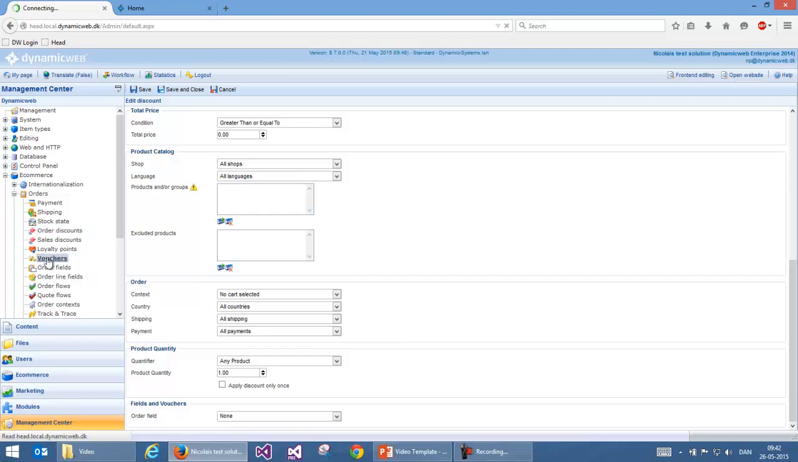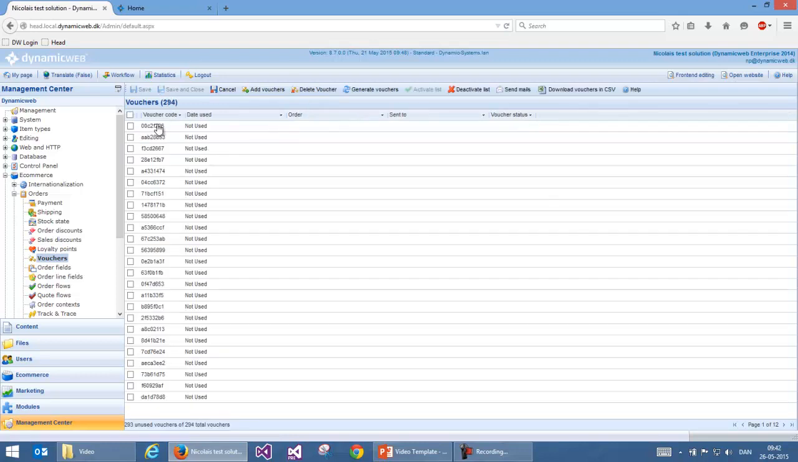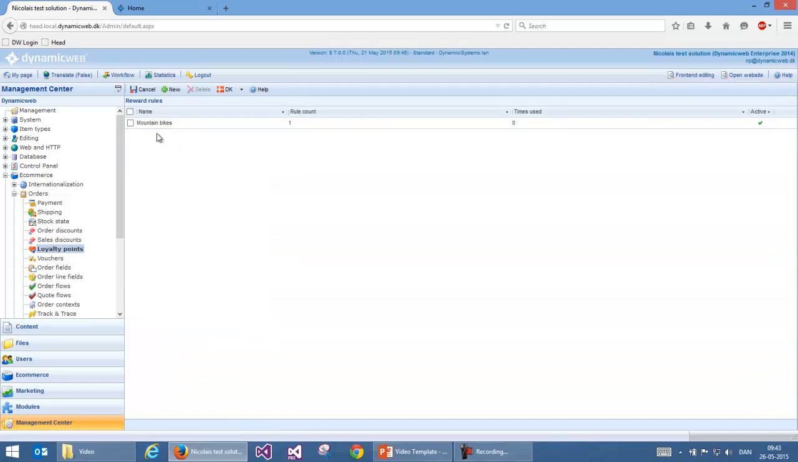Another possibility is combining the discount with vouchers. So I can have these user-specific vouchers that give me access to a specific discount using the system. On top of all this, I can add a loyalty point system, so I give